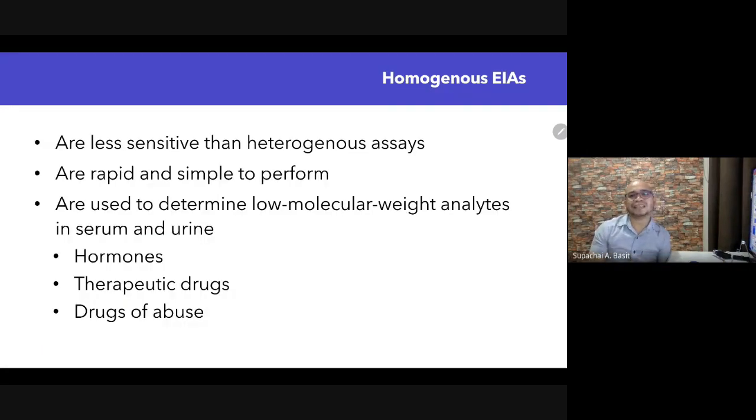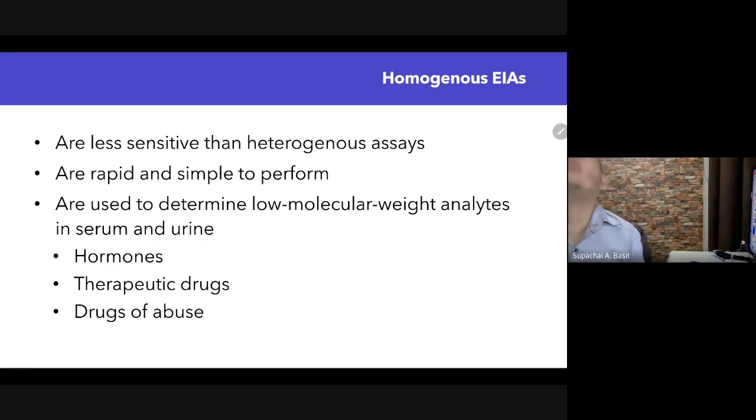Homogeneous assay, however, is less sensitive than heterogeneous, but it is more rapid and simple. We will also be doing this in the limited face-to-face. It is used to determine low molecular weight analytes of serum and urine, hormones, therapeutic drugs, and drugs of abuse. So for example, I have here